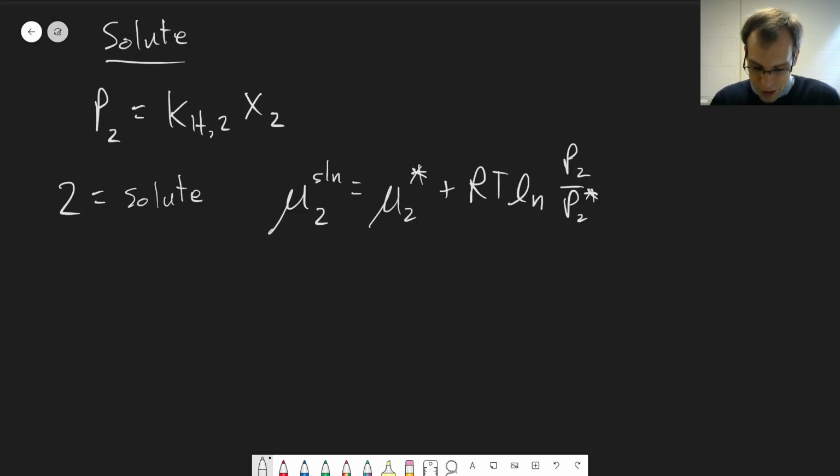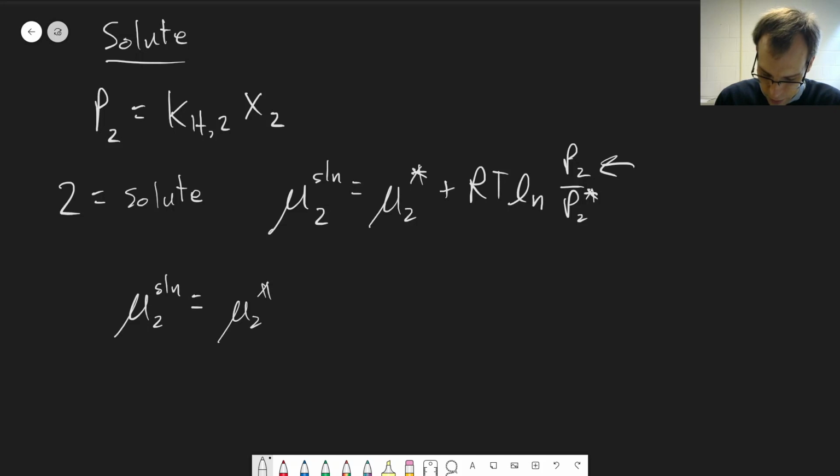Now, if we plug in Henry's law for P2, instead of Raoult's law, we get mu2 solution is equal to mu2 star plus RT natural log of KH2 divided by P2 star,